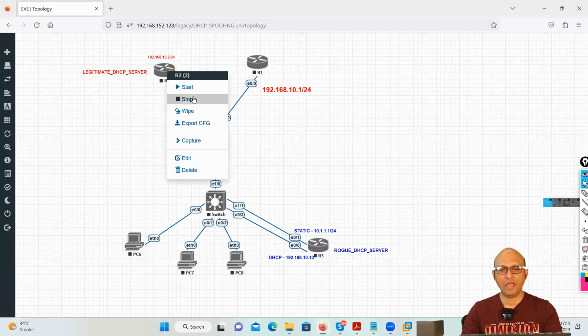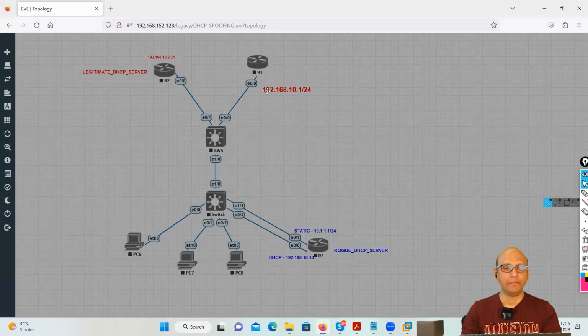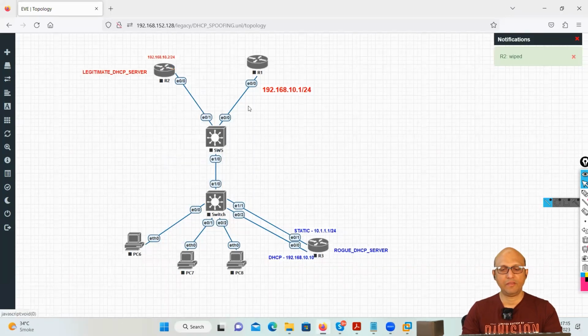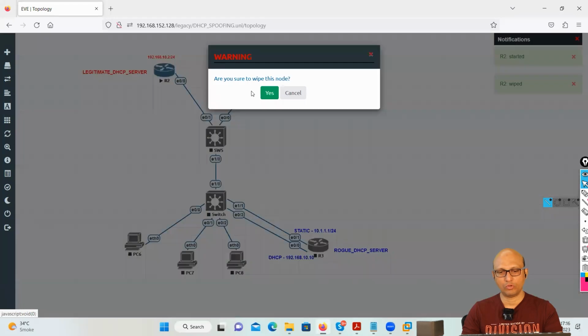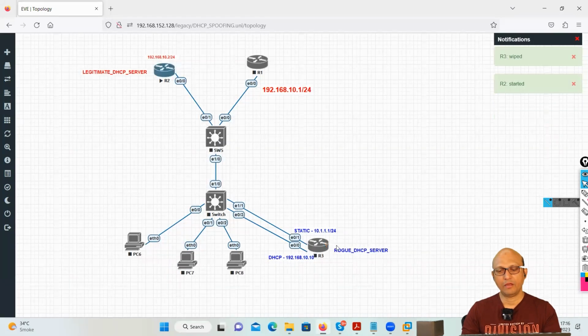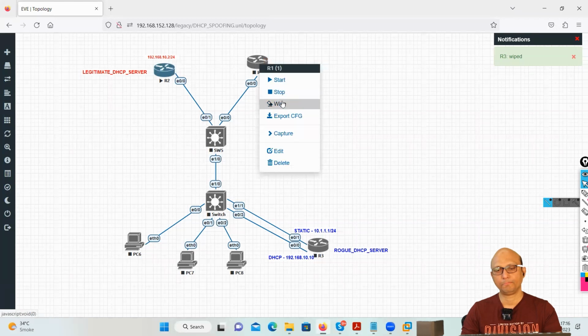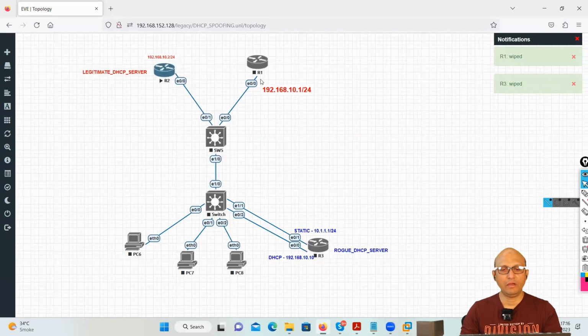In this scenario, I am having a legitimate DHCP server and a fake, or you can say illegitimate, DHCP server. I am having a router